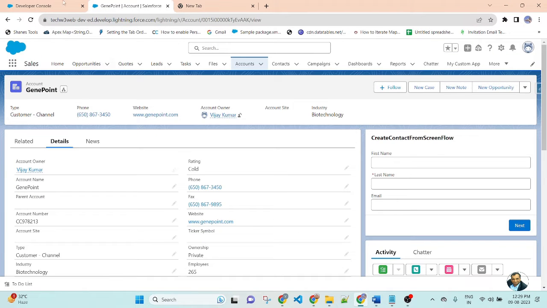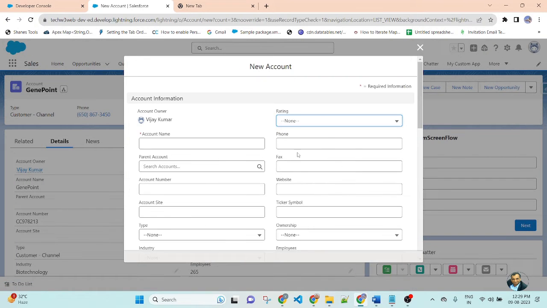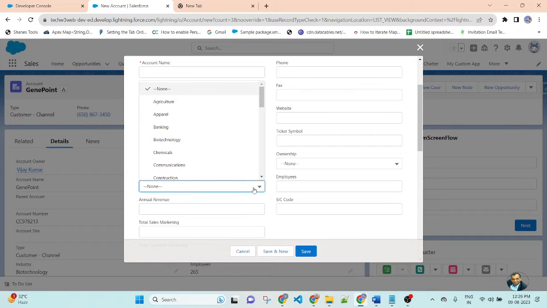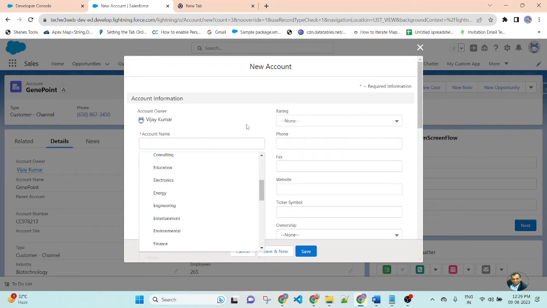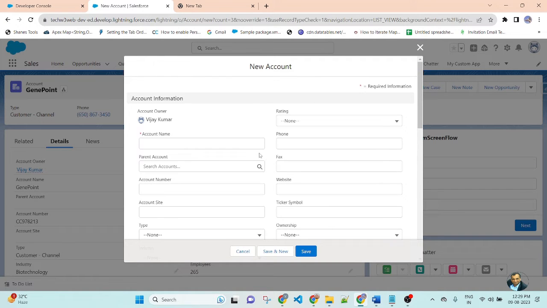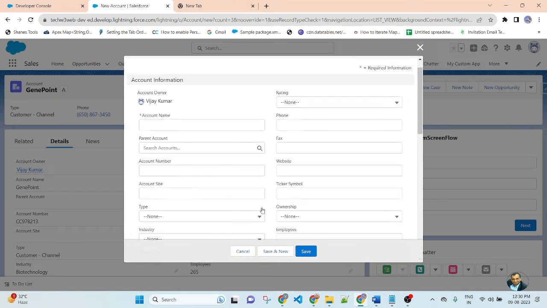This is my Salesforce org. Here I will create a component as per the scenario of the account. This is the Account object. If the page loads, the Industry field, this is the Industry field, these are the picklist values of the Industry field. So I will fetch the list of picklist values of Industry of the Account object through an Apex class method, and this field value will be displayed on the component.